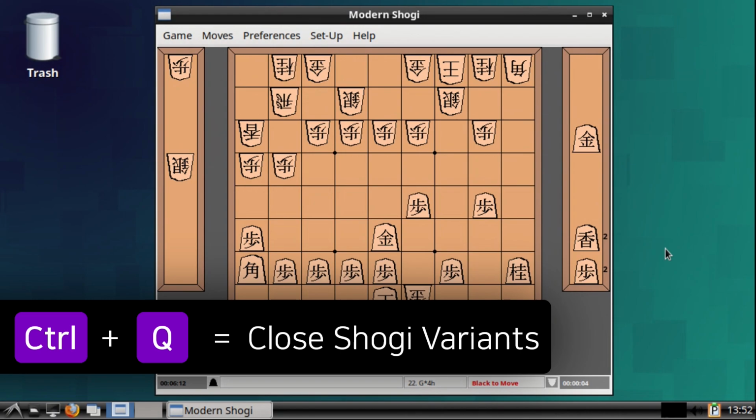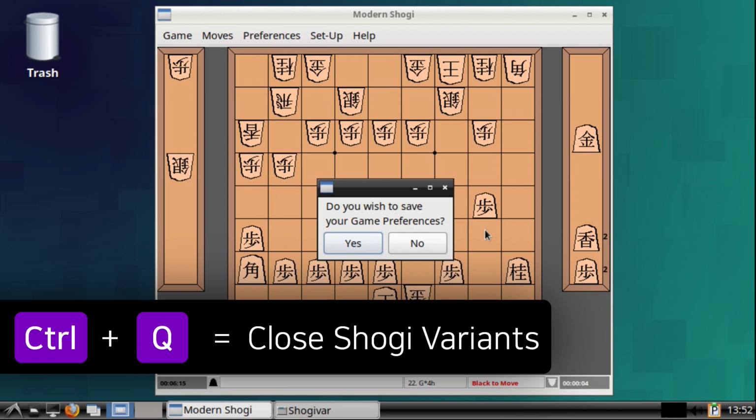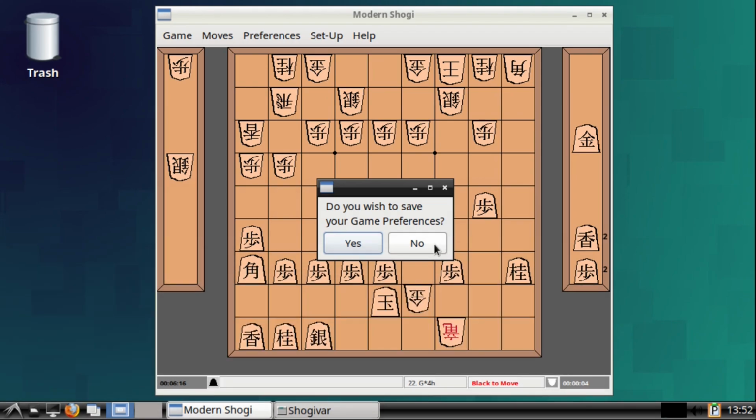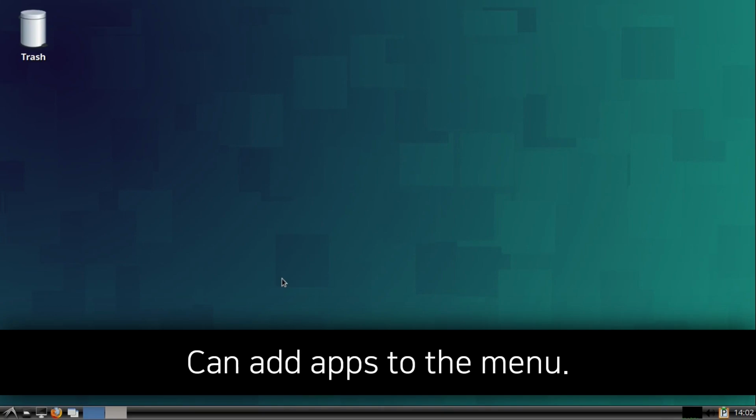Note that we can close out of Shogi Variants by doing Ctrl-Q on our keyboard. From here we can choose whether or not we want to save our preferences. For the chess and Chinese chess games that we started up with scripts, we can add them to the menu